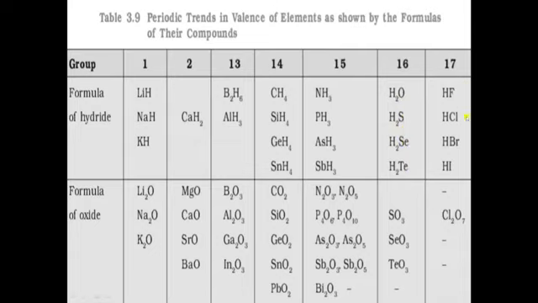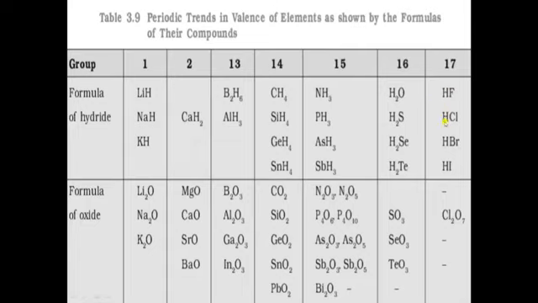And then there are halogens. 17th group elements are known as halogens and they combine with 1 atom of hydrogen. If I ask you out of these 2 atoms which one is more electronegative, hydrogen or fluorine, then fluorine is more electronegative and hydrogen is electropositive. So fluorine will show negative oxidation state and hydrogen will show positive oxidation state.